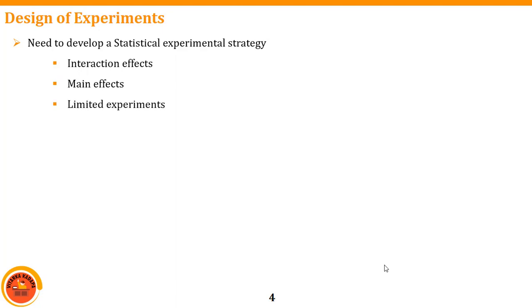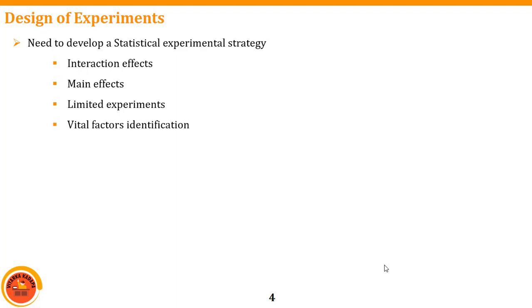Limited number of experiments. See, here I have taken a very simple example that will not be in the real case of our experimental strategies. But we have to plan a limited number of experiments. I can take 1 spoon of sugar, or I can take 2 spoons of sugar. I cannot take 10 spoons of sugar in a single cup and do it. So we have to do limited experiments. That is also more important. Maybe half a spoon or 1 spoon. That's all. We have to get a conclusion whether the taste will be good or not, like that.